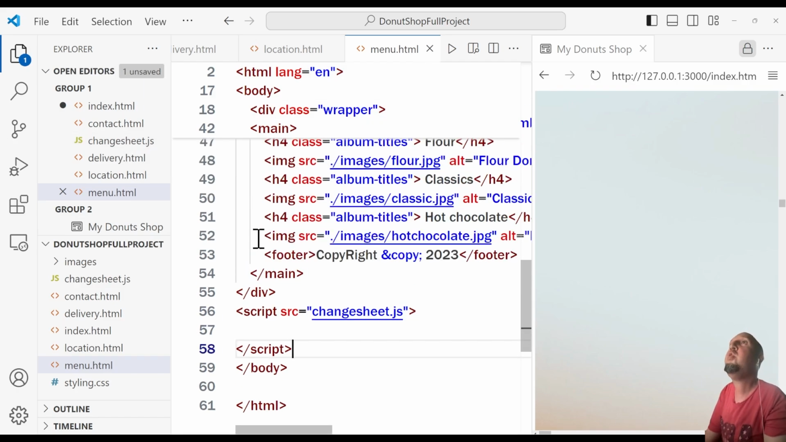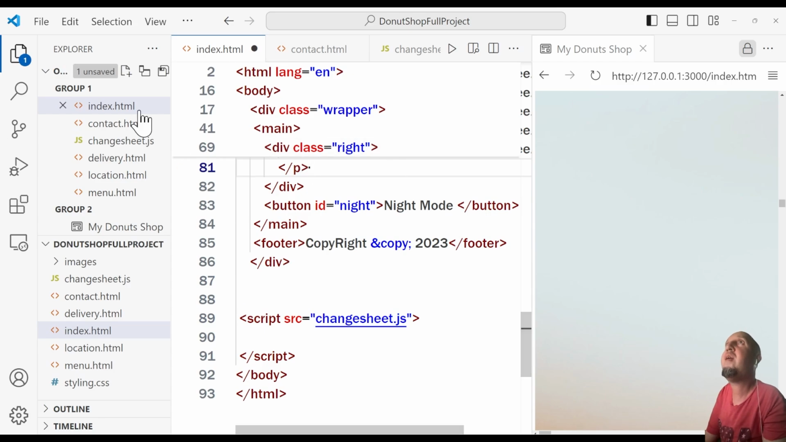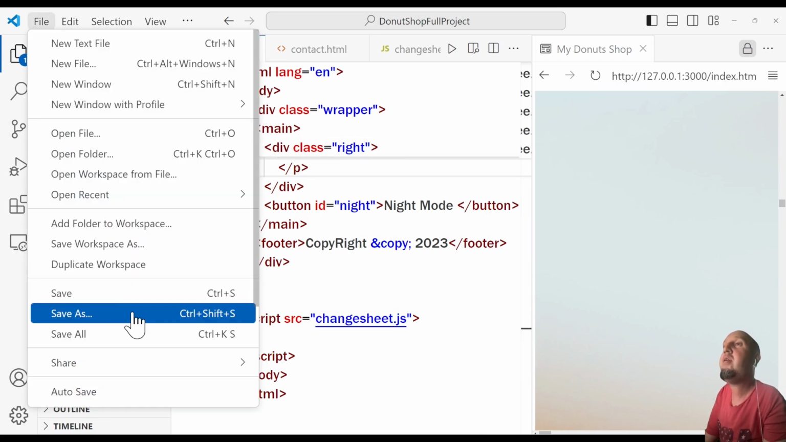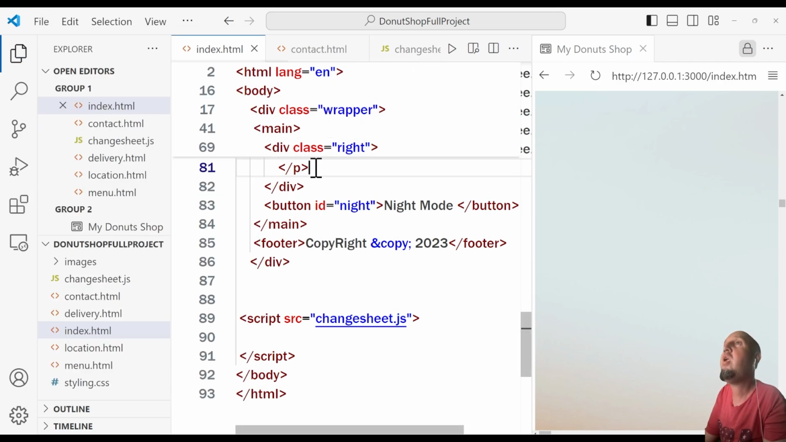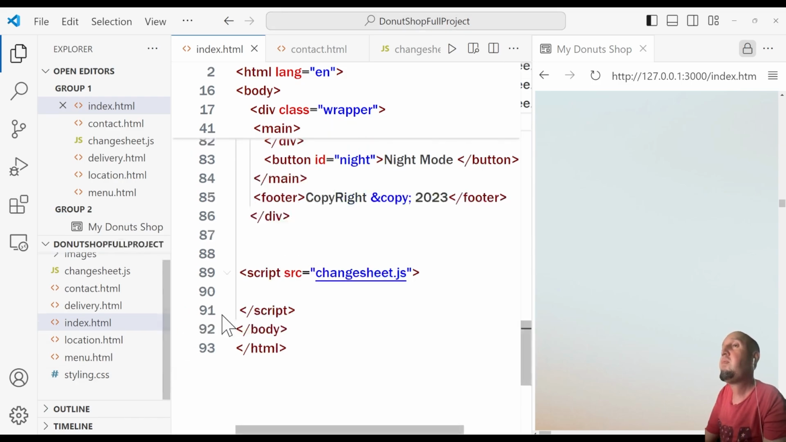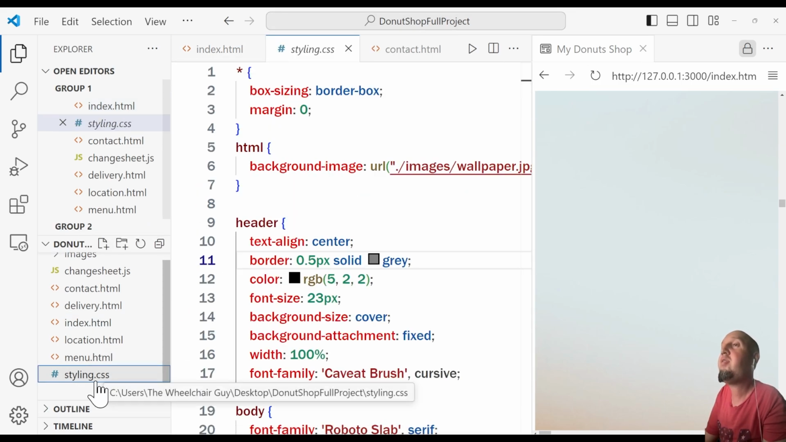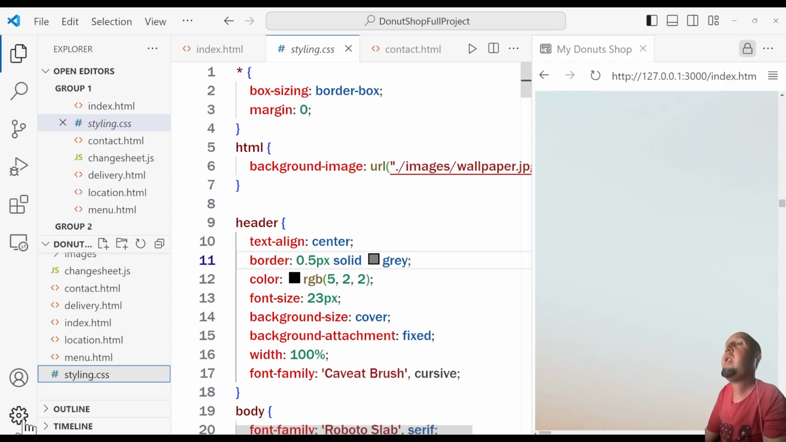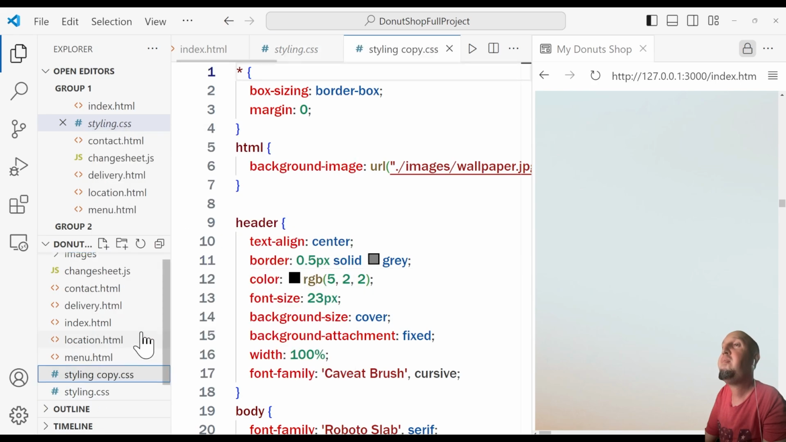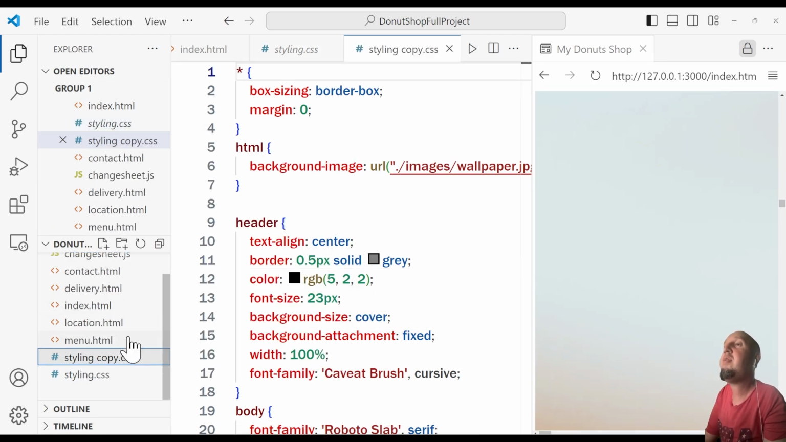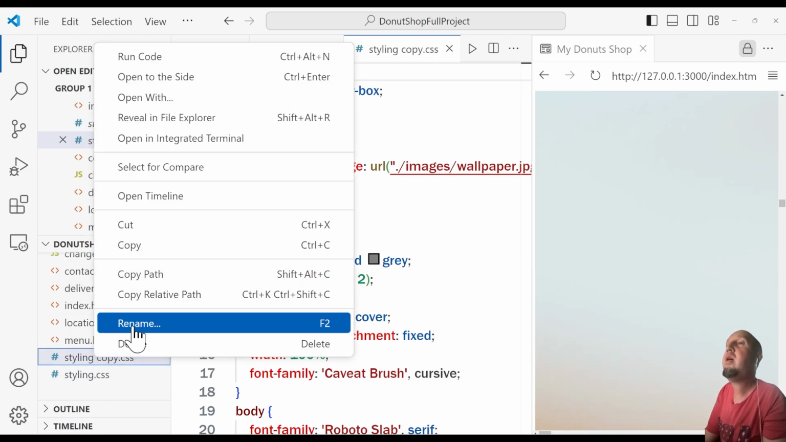Now, after you do that, make sure that you save the file. So go to File and Save All, so it will save all of your files. Now, I'm going to styling.css, and I'm going to make a copy of it. So I'm going to say copy, and I'm going to paste it. All right, so paste it, and I'm going to rename this to